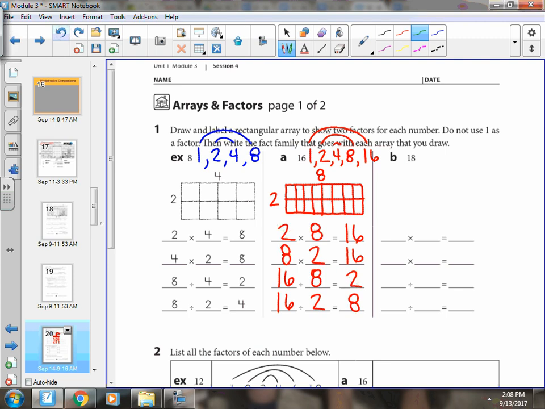Okay, and the last one, the number 18. The factors of 18: 1 times 18 is 18, 2 times 9 is 18, 3 times 6 is 18. They said not to use 1, so you could either have an array that was 2 by 9 or 3 by 6. If your array was 2 by 9,